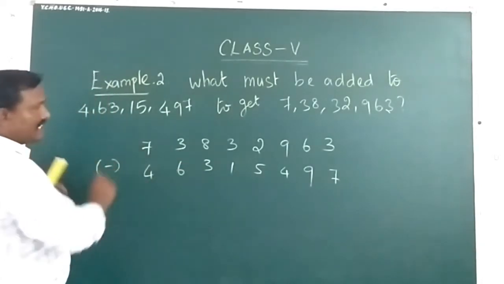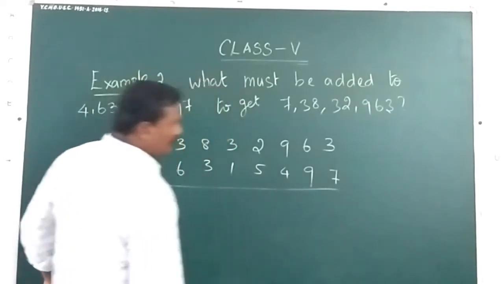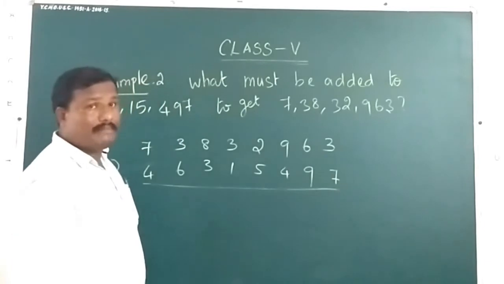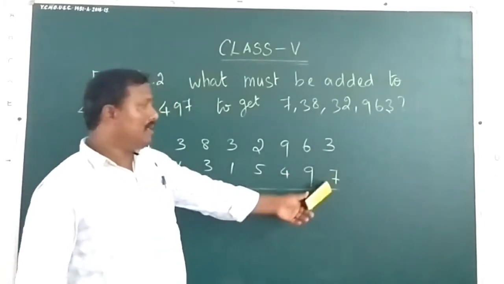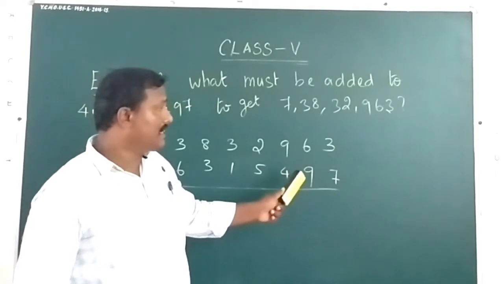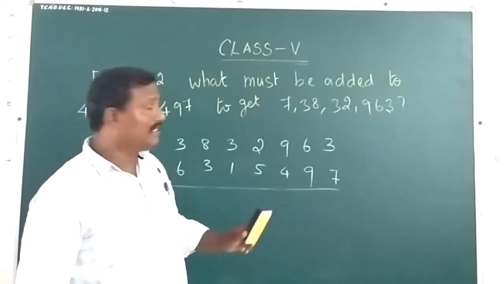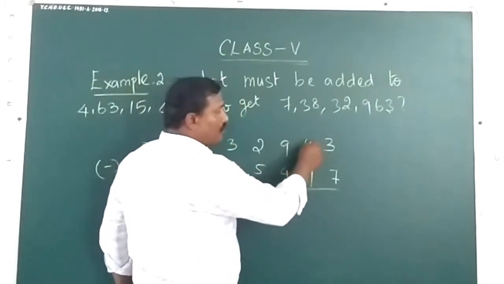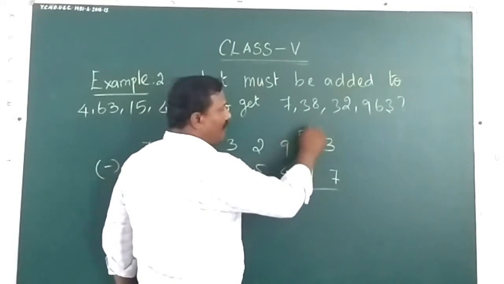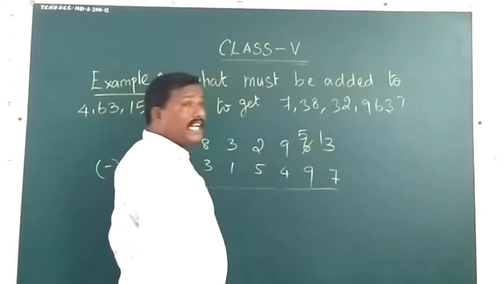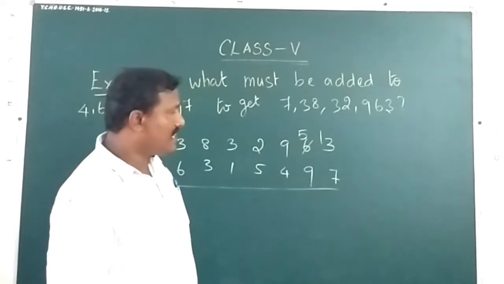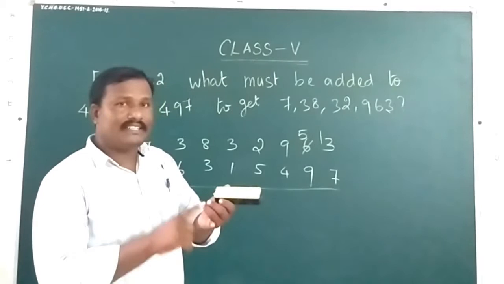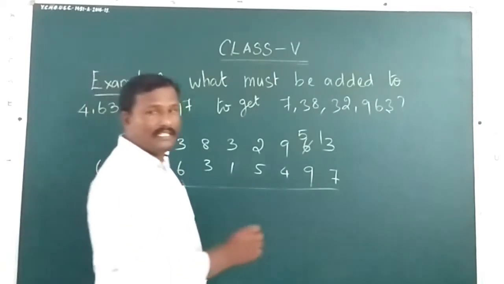So it's a subtraction sign, so I am going to subtract. 3 minus 7, we can't subtract, because the minuend is small and the subtrahend is big. Numbers like these we cannot subtract, so we have to borrow from the nearby number. Here 6 is there. If you subtract 1, it will become 5. That 1 comes here, it will become 13. So 13 minus 7, how to find? 7, after 7 comes 8, 9, 10, 11. So 4 is the difference.